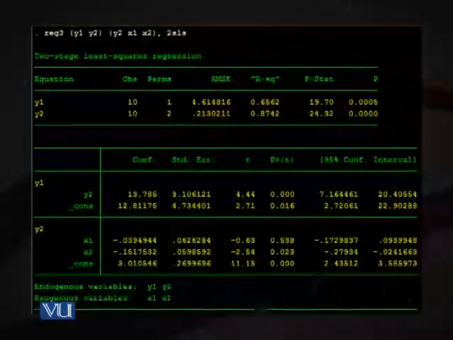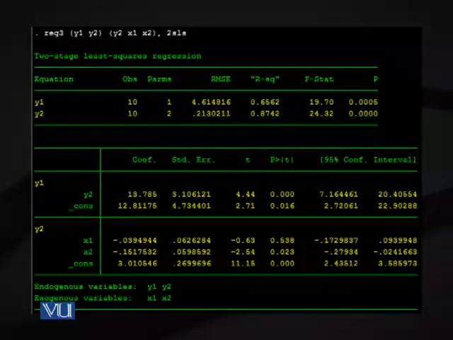So here you will just copy the table that you have seen in this Excel file and paste into the edit mode worksheet that gives the data input, and you will say, yes, we need the first row to be treated as variable names. So Stata will accept that. Now close the window, move to the command line in Stata, type reg3 (y1 y2) (y2 x1 x2), 2SLS, or use the graphic user interface. You will get the following result, which you are seeing on the screen. Remember that this is not the usual color scheme of the new Stata. I have changed this to make it in accordance with your TV display so that you can easily see the numbers.